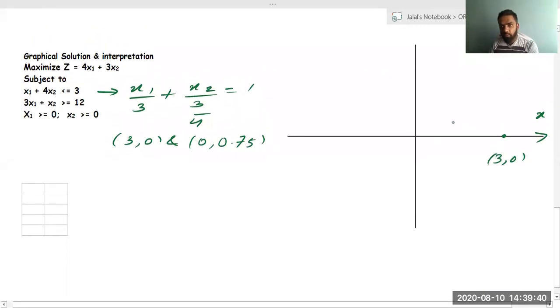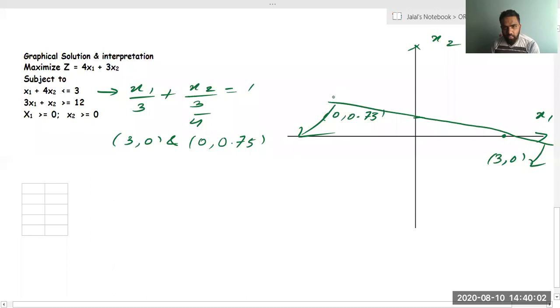it is very difficult here to teach without air. Okay, and on the x2 axis, what I'll be getting is 0, 0.75. So I'm just writing here 0, 0.75, and we need to draw a line. Suppose this is my line. I've just drawn it, and since this is less than, this will be towards the origin. I'll just put the equation of this line.